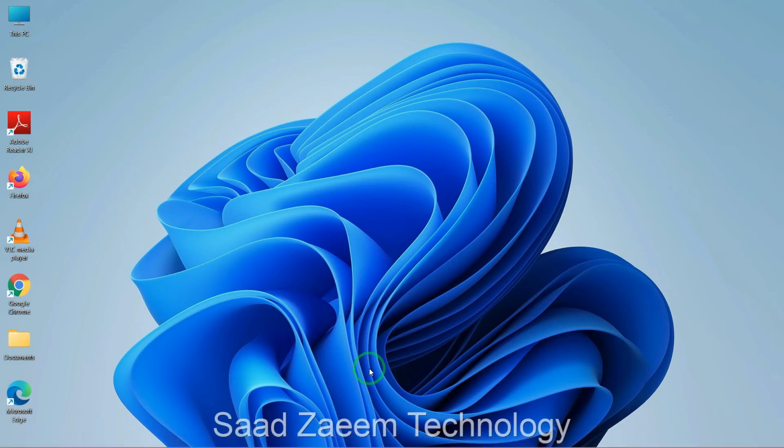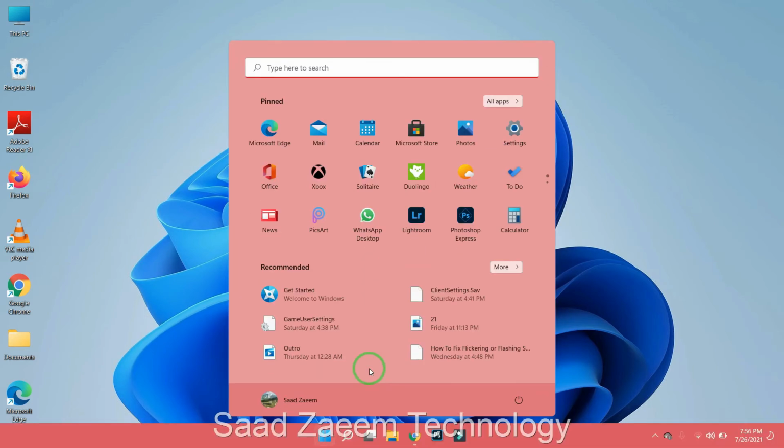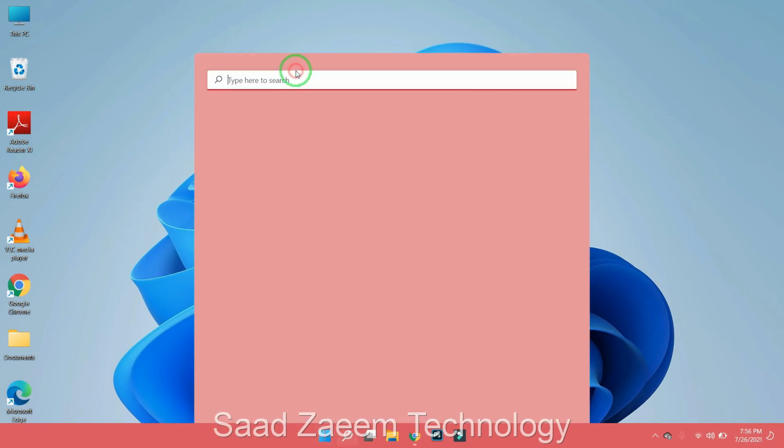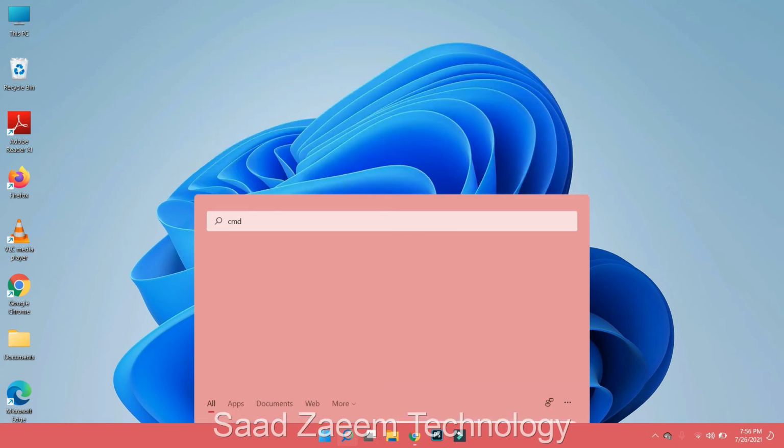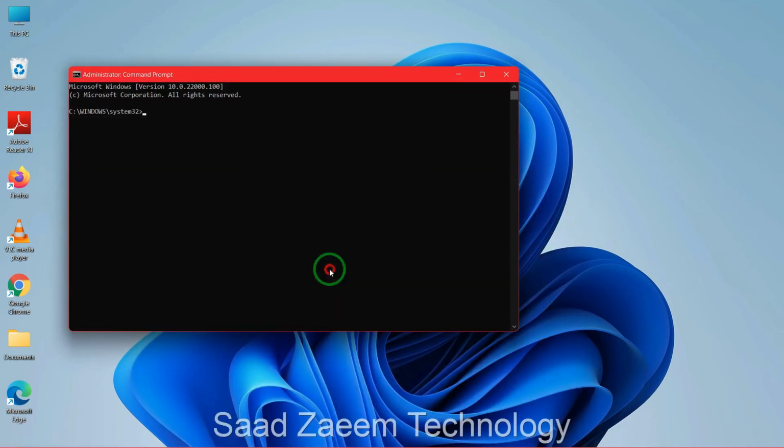So for the next fix, what you'll have to do is again go to the search option over here, and now type in CMD, and now you'll have to run it as administrator. You'll see this option over here which says run as administrator. Just click on it, and there'll be a prompt which will ask you if you want to allow this app to make changes. You'll have to click on yes,